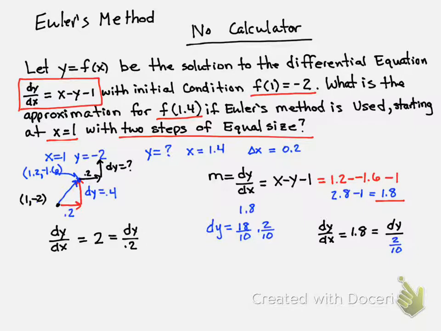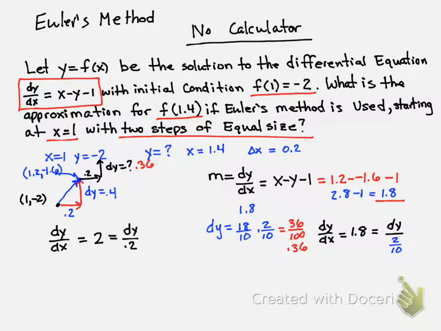I'm going to go back to my fractions to be able to finish this out. My change in y, or dy, is 1.8, or 18/10 times 2/10. Well, that's going to be 36 over 100, or 0.36. So that's what I'm going up,